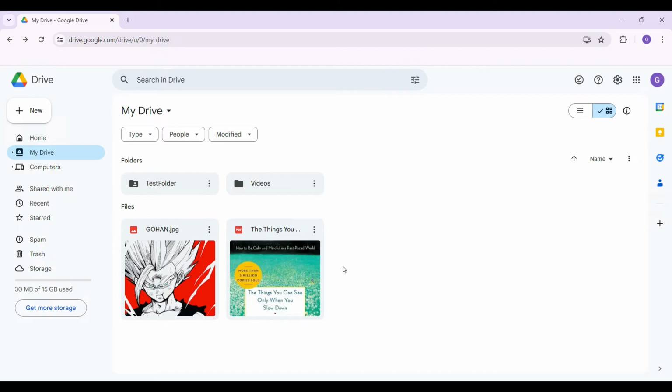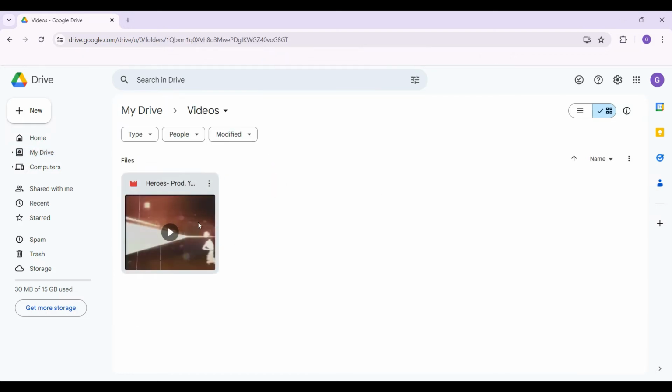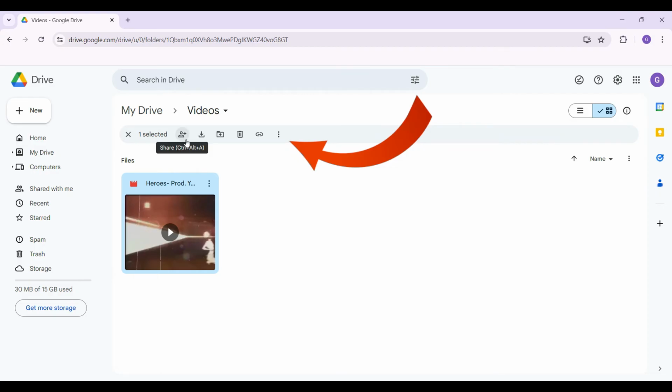Now let's simply try to download a video. At the top, right here, is a video folder that I have created, and inside it, here is a video. Now let's simply try to download it. I'm just gonna click on the video that I want to download, and right here at the top you will see a few icons like this, and right here next to this share icon you will see a button like